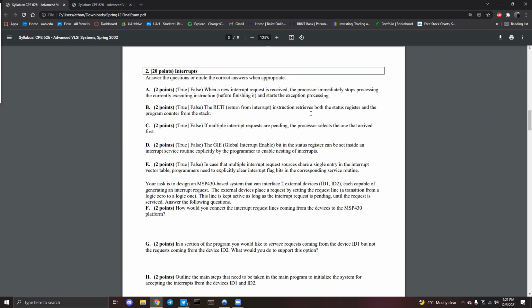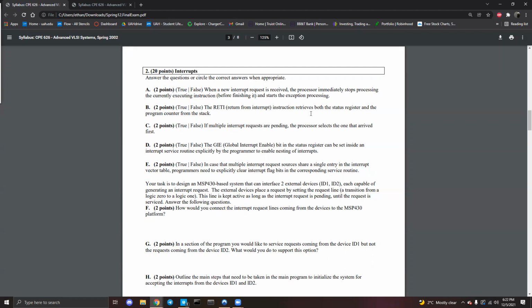It will power down. If it sees those two pending, it'll power down. All that illustrates is that there is a hierarchy of interrupts in the interrupt vector table, and it takes the one with the highest priority. We have to assign priority to these things. We can't be checking if light's gone or if we've detected something if we're actually supposed to be turned off. That doesn't make any sense. So we have a precedence thing going on. So this is false. It will take the highest priority one. It will not take the one that arrived